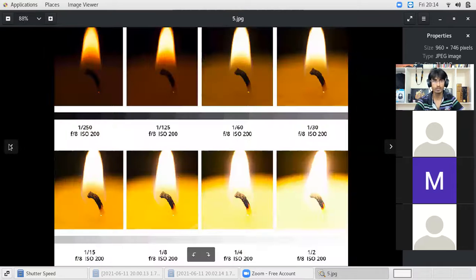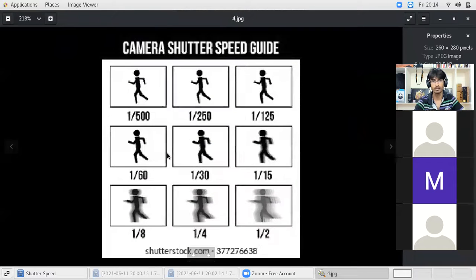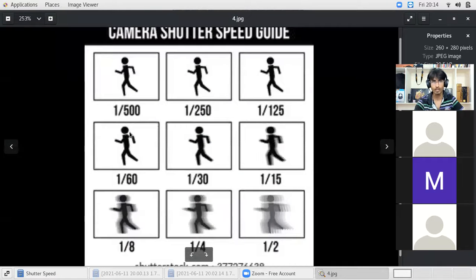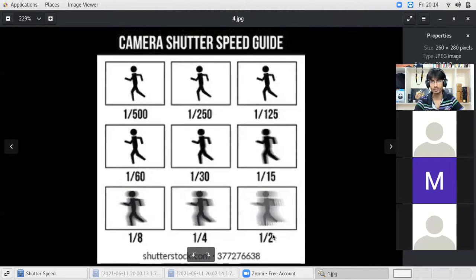So this particular number, 1 by something, is our point of interest. When this number is more, we call it faster shutter speed, which means the actual time is very less. And this 1 by 2, we call it slower shutter speed.